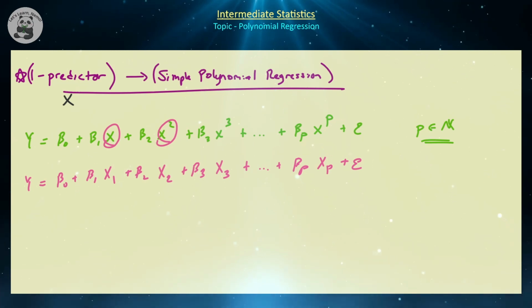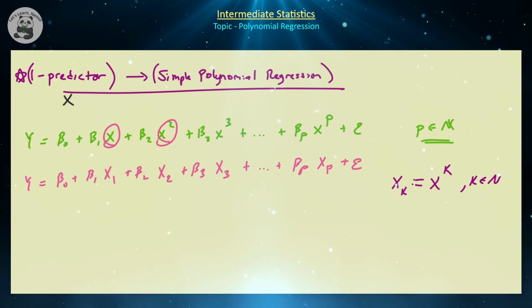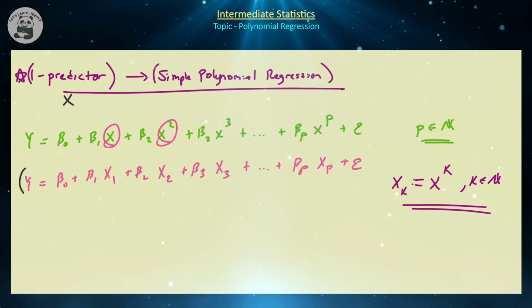I've just redefined these predictor variables x1 down to xp into the positive integer powers of x, right? Here, xk is defined to be equal to x to the power of k, and obviously k is a natural number, right? And we already know how to solve this particular model because we can vectorize this in matrix form